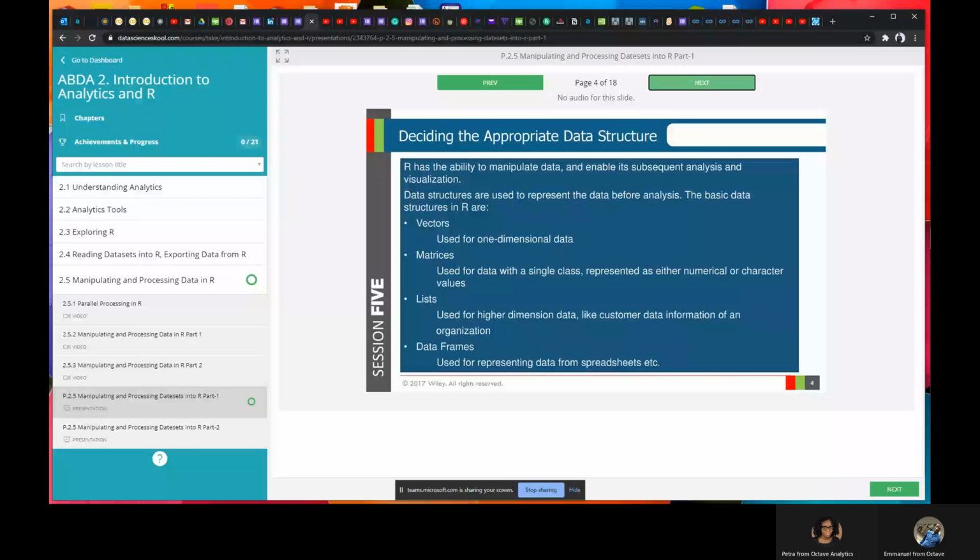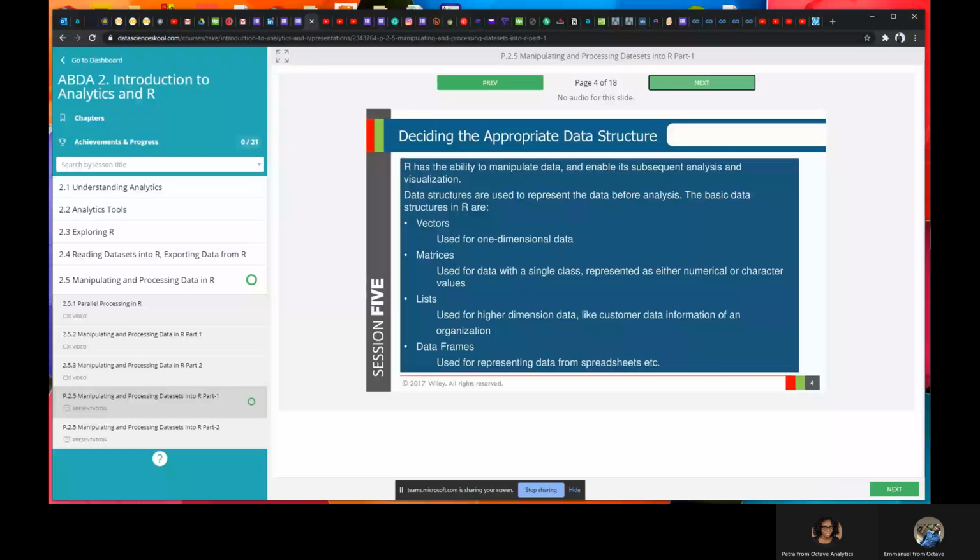So you have 4 basic containers in R. Vectors, which is the simplest one, is one-dimensional data, and we have seen how that works. You can use the combine function or the sequence function to create one-dimensional data like vectors, and it can only contain one data type at a time. Then matrices, we know matrices are a two-dimensional array, so rows and columns. But like vectors, they can only take one data type at a time.